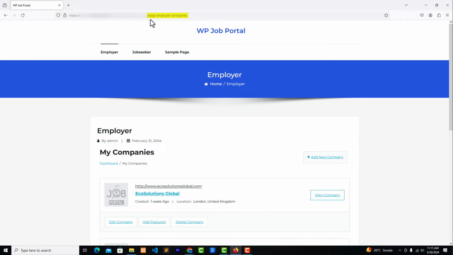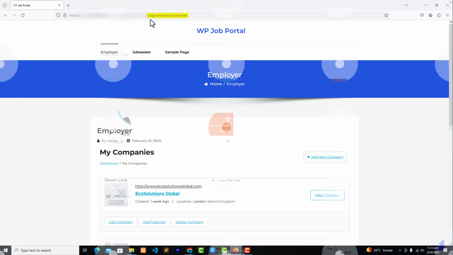By managing slugs effectively, you can ensure smooth navigation and improve the overall user experience on your WP Job Portal